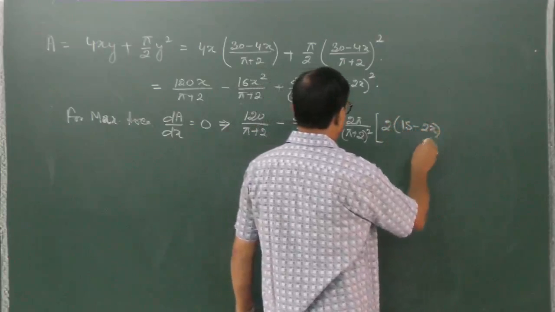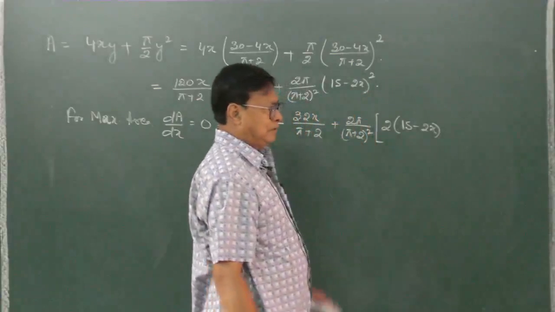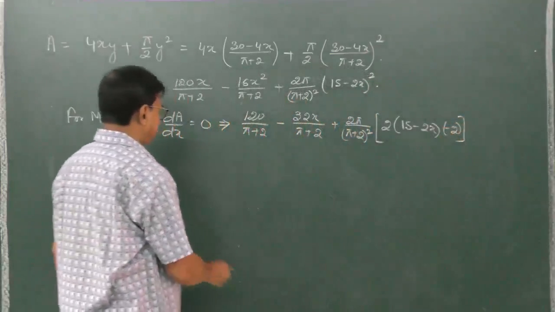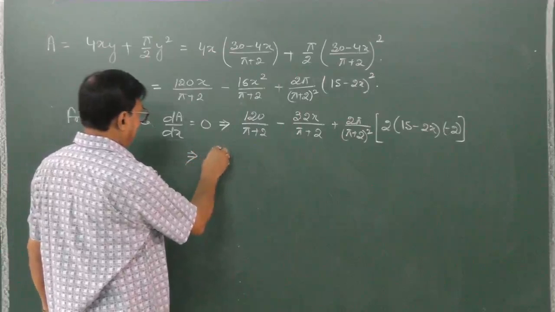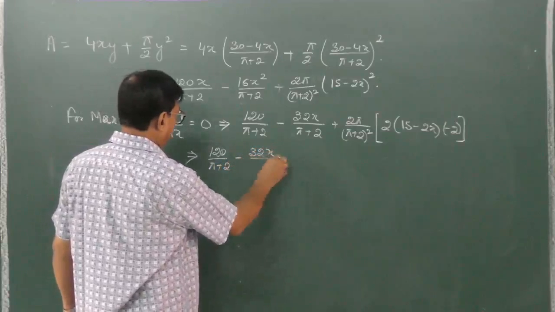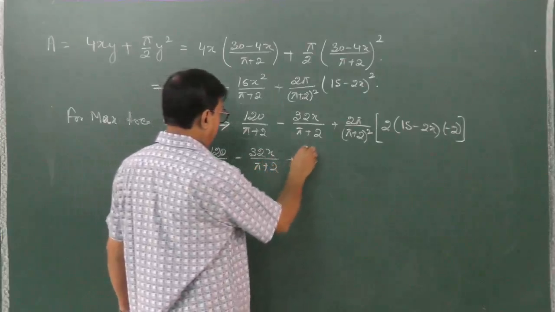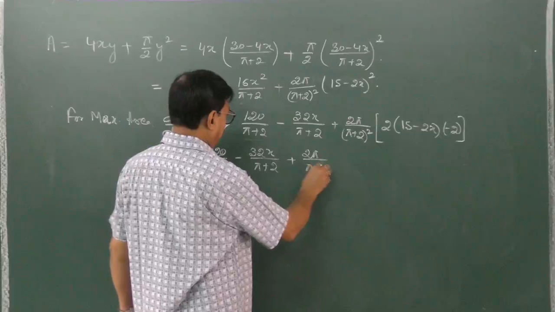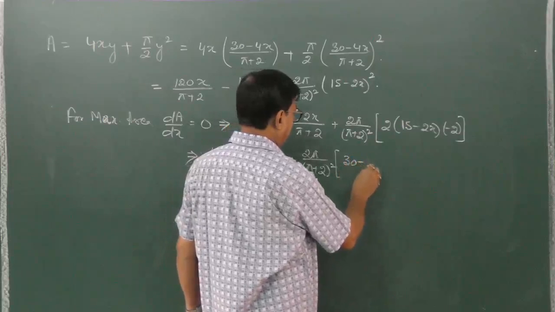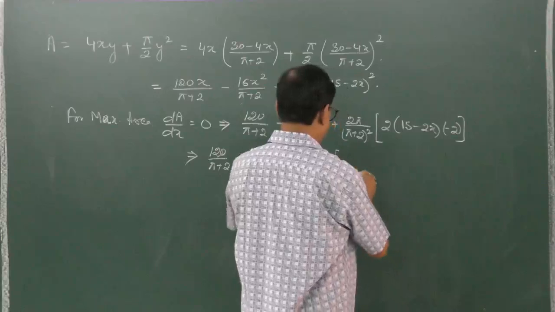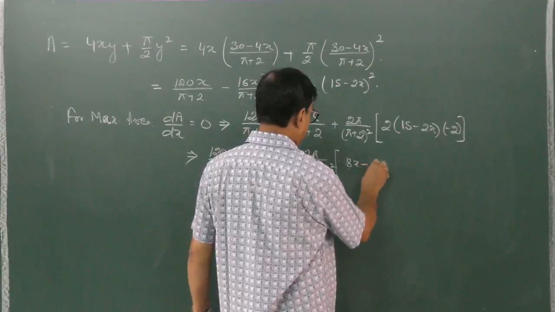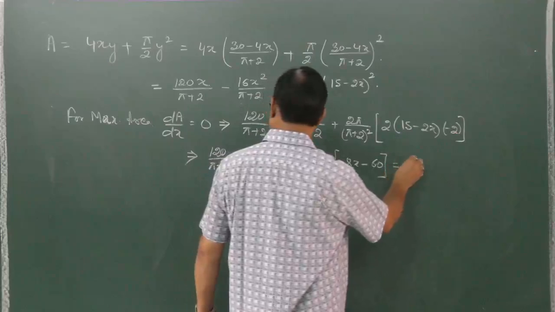So 2x square is 2x into minus 2, the differentiation of 15 minus 2x. So this implies